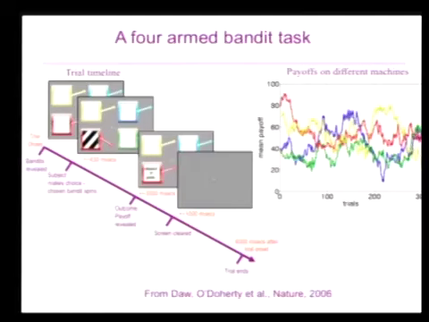In red here is the amount that you get on average across 300 trials of playing this game for choosing the red bandit. It starts off high, this is the amount of points that you win, and it goes down, and it's kind of middling from there. This blue one starts off low, and it goes up a bit, then it goes down again. So what you can see here is that, to play this game well, you want to keep track of your expected utility on the different machines because they're changing over time. And you want to keep choosing the one that you think is paying out the most. But you have to be prepared to shift around. And so we had people play this game.